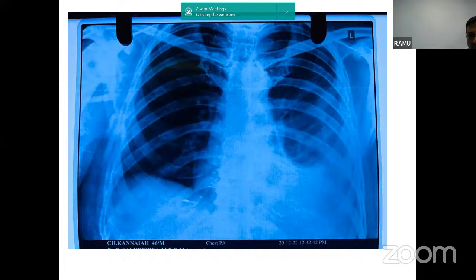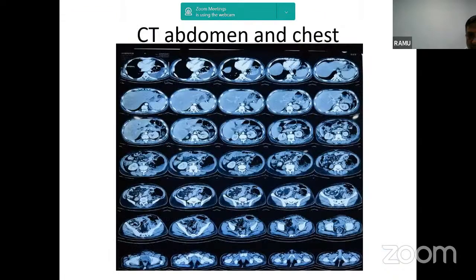This is one of the cases: a known case admitted with epigastric pain. On evaluation, it was acute pancreatitis. He was treated for acute pancreatitis, but after the third week he was readmitted with chest pain and the same complaint, epigastric pain. On CT, the abdominal CT with chest that they did,